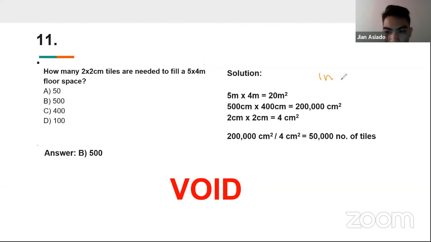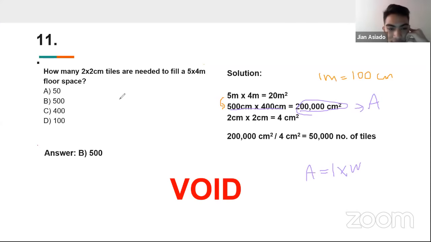1 meter, no, is equal to 100 centimeters. So, ito, convert mo lang to. And then, this one naman, ganun din, convert. No? Multiply mo kasi kunin length times width, no? Ang area. Length times width. Kaya mo multiply yan, no? Tapos mukha mo yung area. This is the area. Okay. And then,